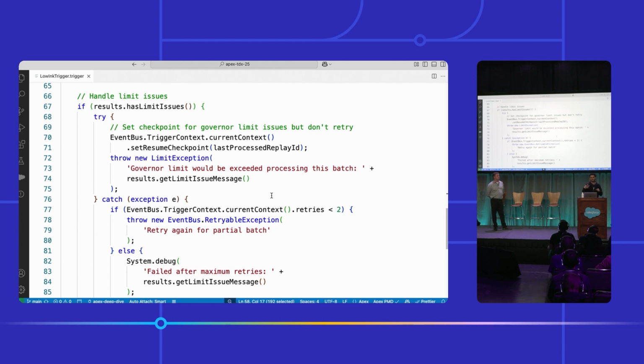But sometimes, for example with governor limits, you don't want your whole batch to retry. Maybe you had 100 records, of which 50 passed and 50 failed, and you just want those 50 records to retry. In that case, on the event bus, we have this trigger context.current context, where you can